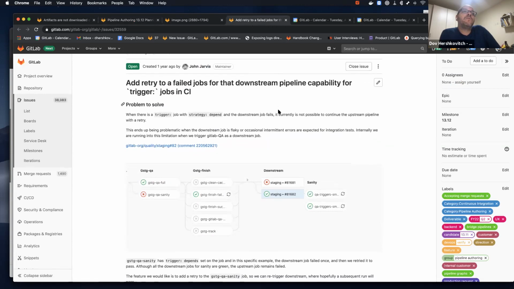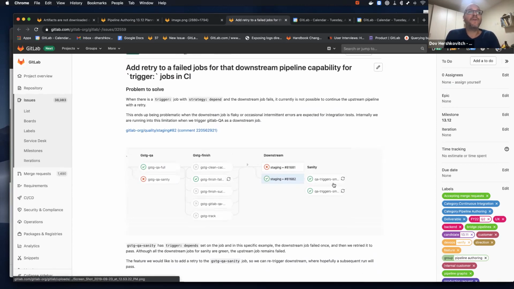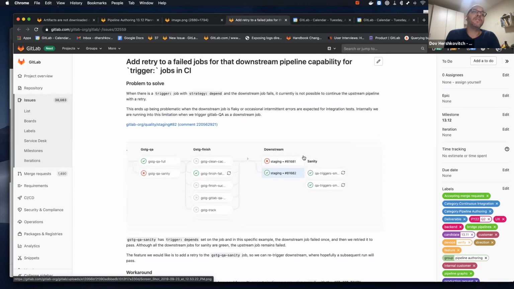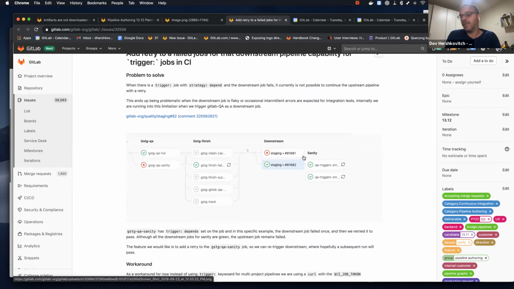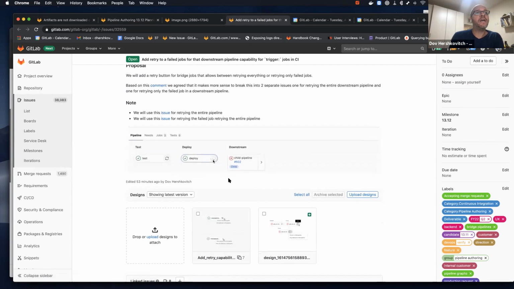So today, when you have a failed downstream pipeline, one of the jobs on the downstream pipeline was failing, there is no way for the user to retry the downstream pipeline. The only workaround is to retry the entire pipeline. And our MVC approach is to add the retry to the bridge job, and the retry to the bridge job